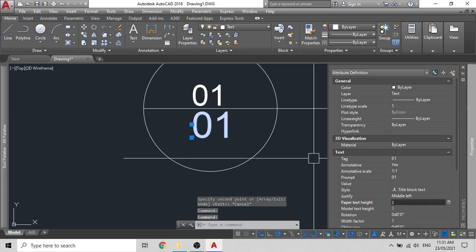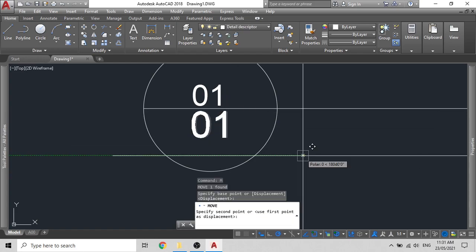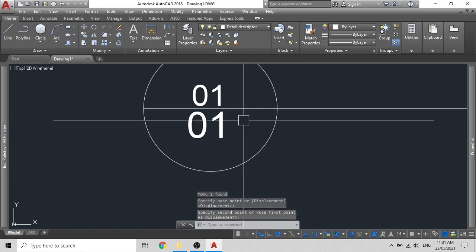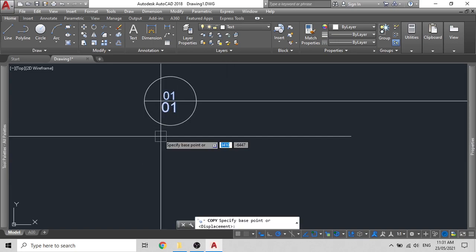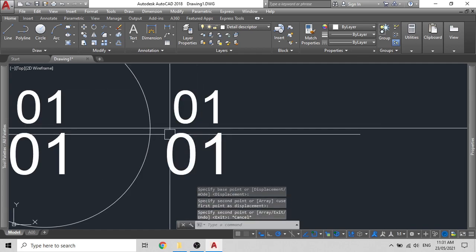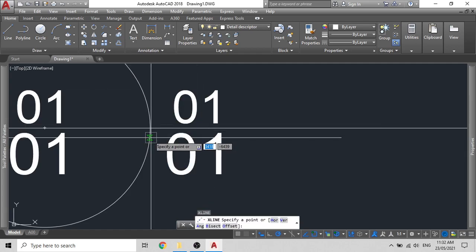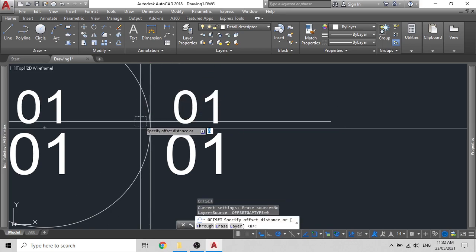If it's too big, you can leave it at 2. Make sure that these line up accordingly. I just eyeballed it, but you'll have to be careful. Move these out so that these two texts sit at an approximate distance of 2 millimeters.